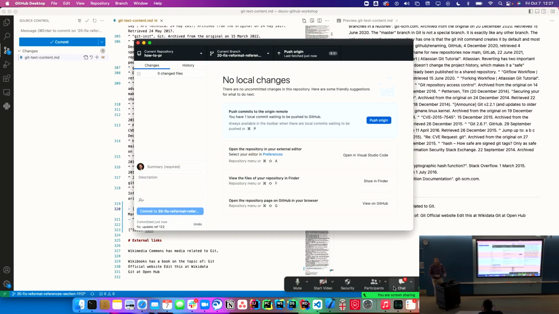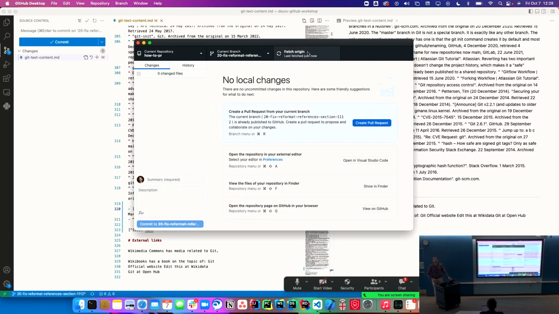Okay. Next thing that we're going to do is push to the origin in here, or sometimes you'll see publish branch. That'll come up a little bit later, but we're going to push to origin. What's the origin? What is the origin? Okay, so